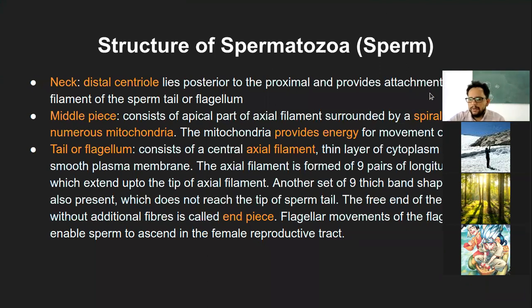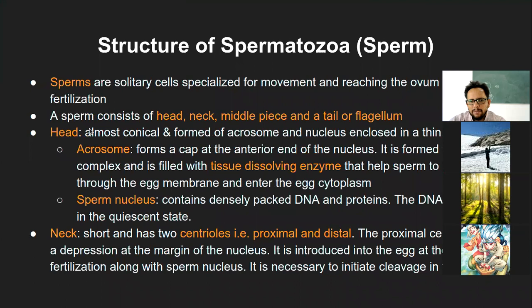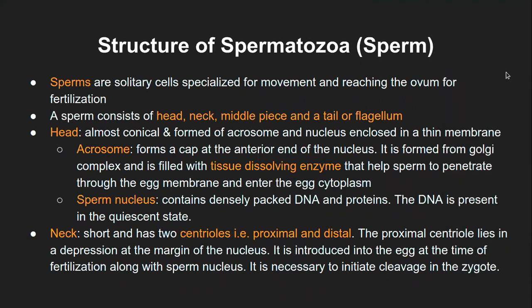Okay, so good afternoon, everyone. I guess in the last class we had finished looking at the structure of spermatozoa, right? We had looked at the neck, tail, as far as I remember. I'm not too sure. Tail was remaining though, I feel. We had looked at the head and neck portion. Am I right? Can someone please confirm? So I think we had looked at the head only. Only head? Yes. Okay, fine. Oh yeah, right, correct. Now I remember. Yeah, we will start from the next.